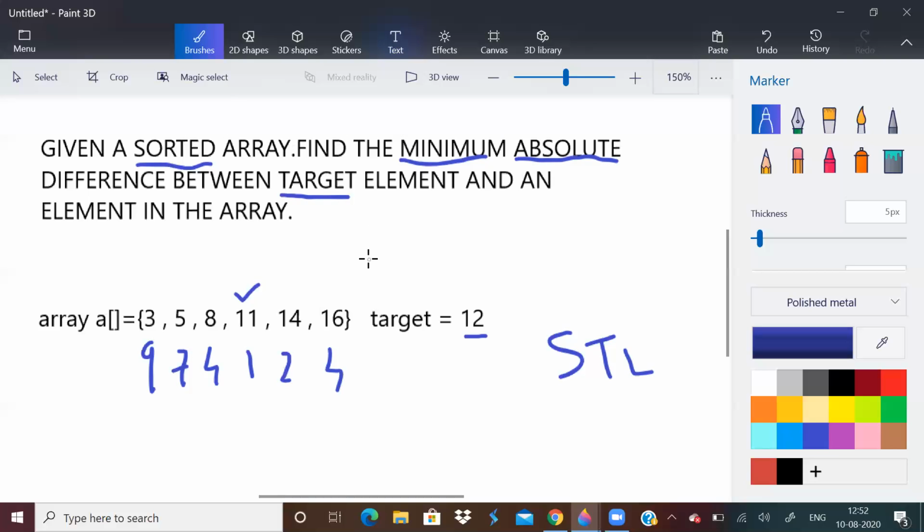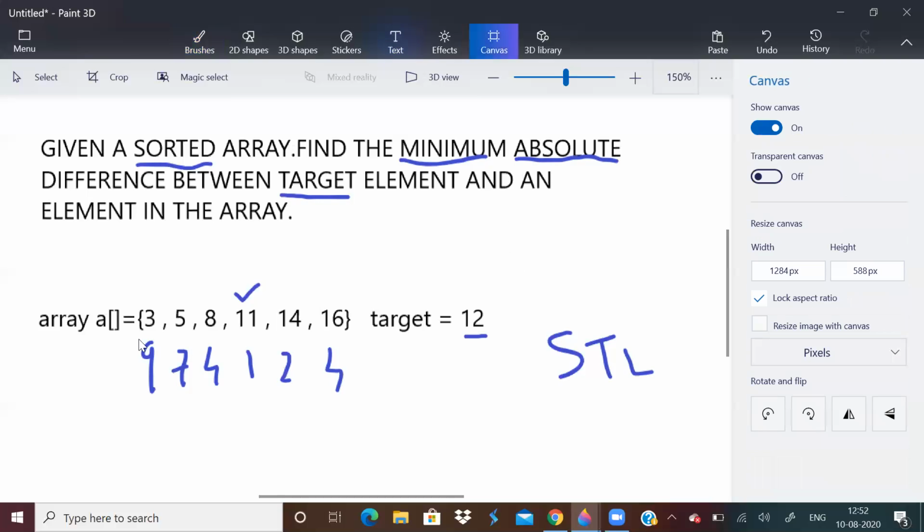But if you want to do it with binary search, like you want to write the code and you want to know why the binary search code is so helpful, then I can explain that to you. First of all, let me erase this.